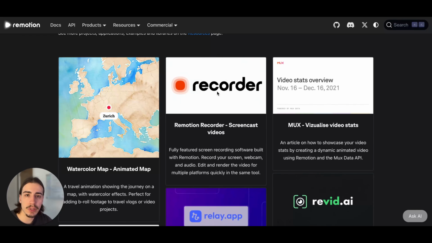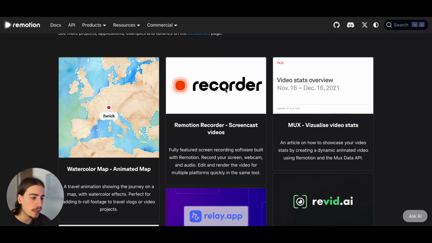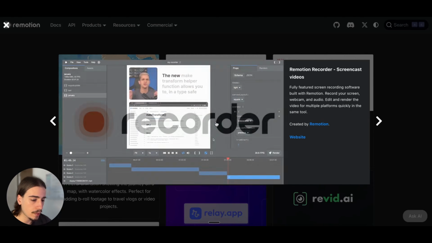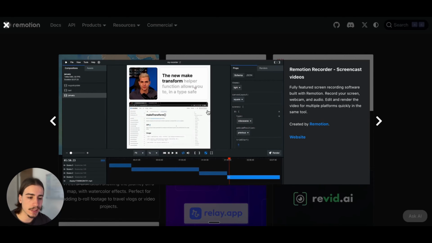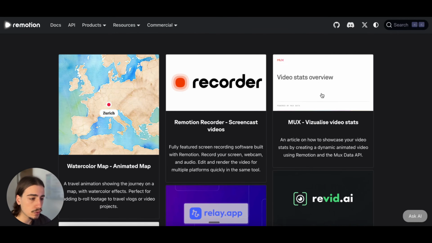In today's video, I'm going to show you how you can automate the process of creating and editing videos with Remotion and Claude Code. Now, you can see on the screen, there are a few examples and people are literally creating full videos with Remotion and Claude Code, and I'm going to show you how you can do exactly the